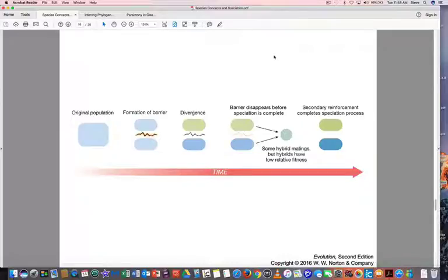So the last thing we finished up on was how barriers between an original population, separating it into two subpopulations, can over time lead to divergence. A lot of this could be adaptation to different environments. The monkey flowers were an example of that. But oftentimes this barrier is temporary or ephemeral. The barrier can disappear potentially before the speciation is complete, where total reproductive isolation has occurred between